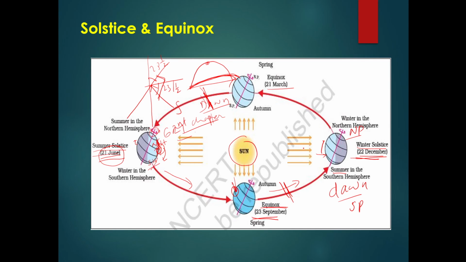So we have already studied in chapter 2 that the sun rays fall vertically from the Tropic of Cancer to the Tropic of Capricorn, right? This is the equator. So if it is the equinox, it means the sun rays fall vertically on the equator. Then from this position towards this, the sun rays will go towards the Tropic of Cancer. So here the sun rays will be vertical on the Tropic of Cancer. Again from the Tropic of Cancer the sun rays will be vertical on the equator, right? So here again we come to the equinox.